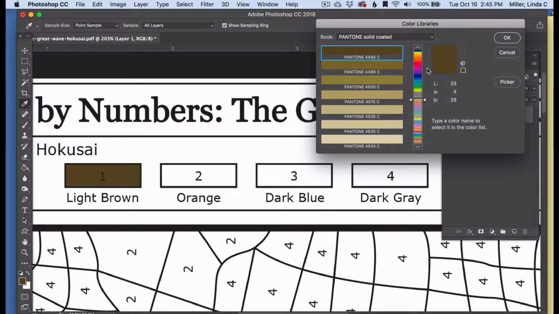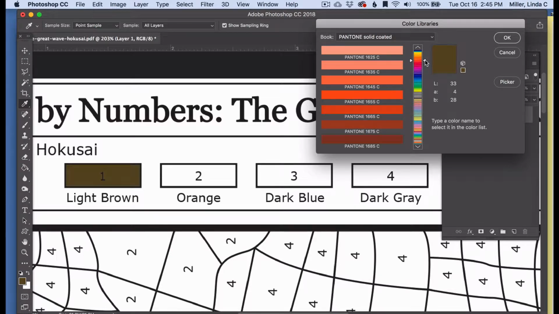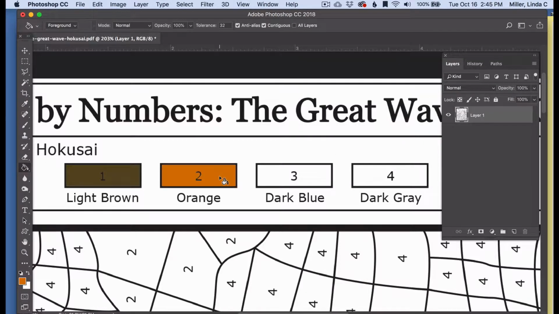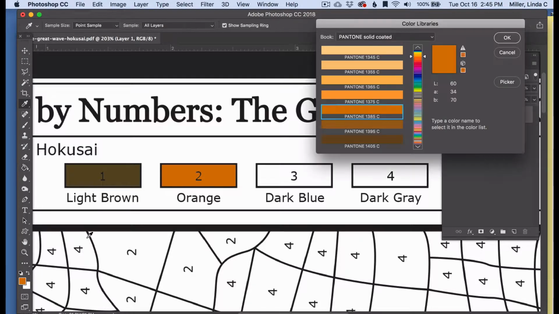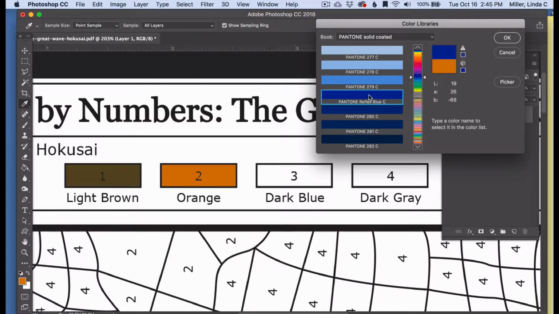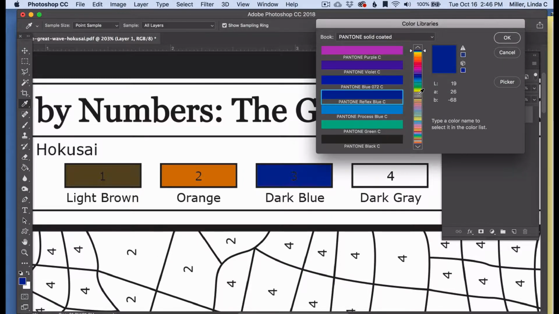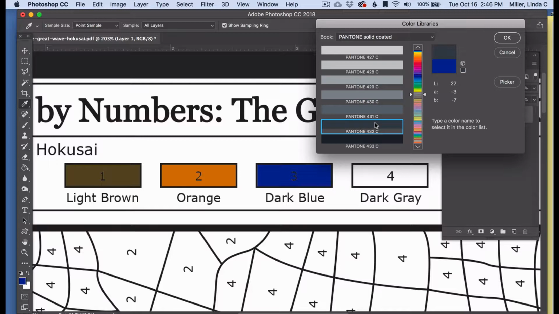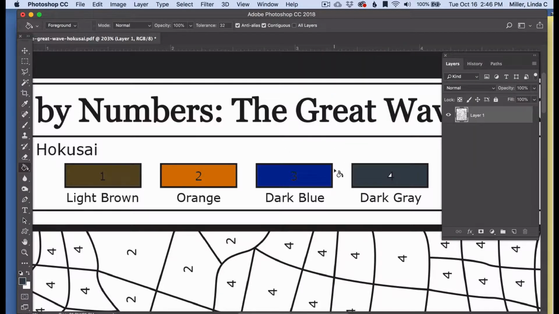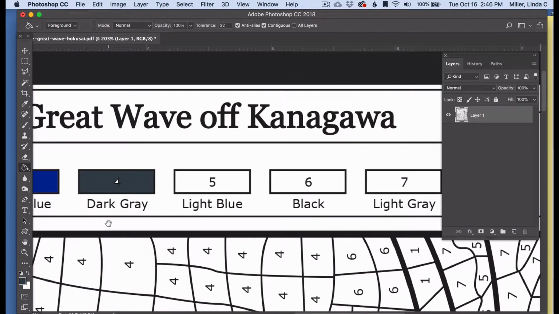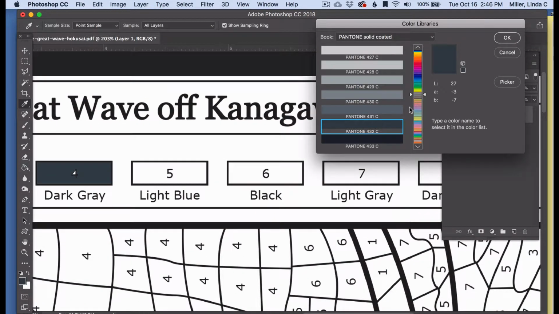Now I'll need to get my orange, and I'll scroll through a little bit, and I like that one, so I'll click OK and click to fill the box, and then go back and do dark blue and dark gray, then I'll hold down the space bar to get the hand and move that over. Now I'll get light blue,